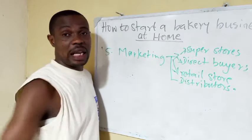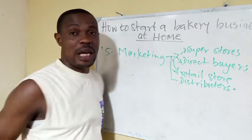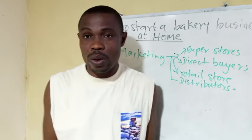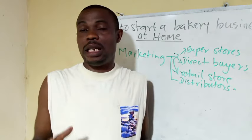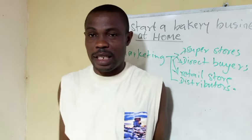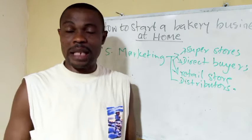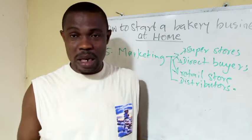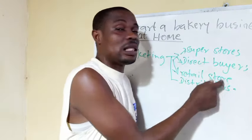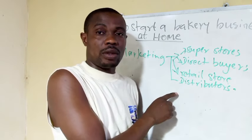Now let's look at the next one, the retail store, which is the popular one. This one, you get to make it inferior and big size. They need this class. They don't need your quality. All they want is bread, and the bread should be big. Let there be good aroma, full stop. Now, most of the people that distribute this, they don't even use butter. The last one,